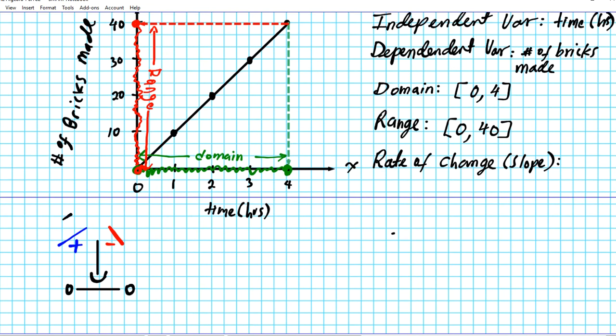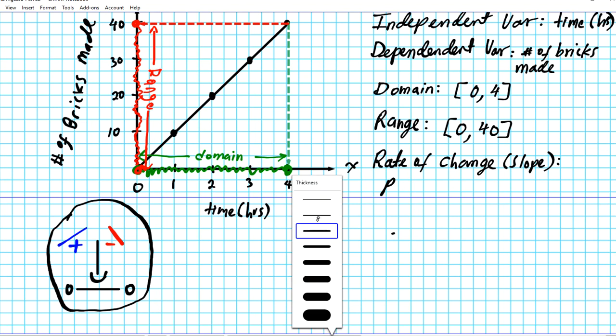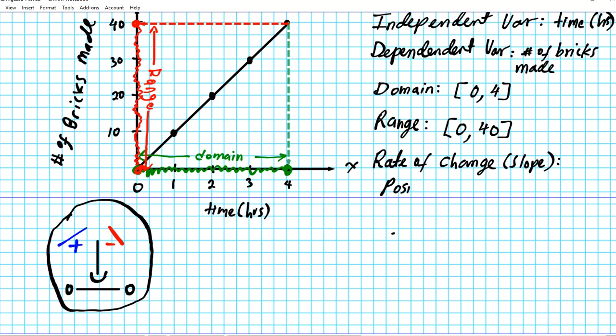So Mr. Slope Guy helps you remember the rate of change. Is it positive, negative, or is it undefined or 0? So we have this line. The line is going up from left to right, just like the left eye of Mr. Slope Guy. So what is the sign of the slope of a line that's going up from left to right? A line that's going up from left to right has a positive slope. So this line has a positive rate of change. Why? Positive because